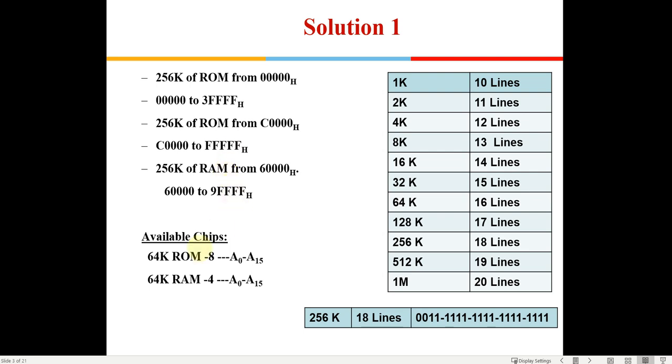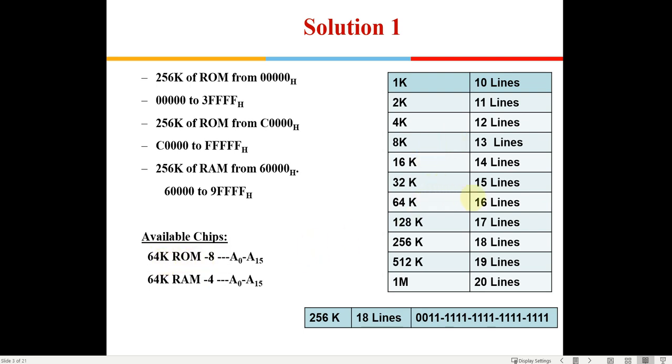So these are the ranges of addresses in which the 256K ROM and RAM would fit. Now the available chips are 64K ROM, so we require 8 of them, and 64K RAM, so we will require 4 of them to generate 256K. Here 4, here 4, and here 4, so a total of 3 different groups of chips will be required, each of them 64K.